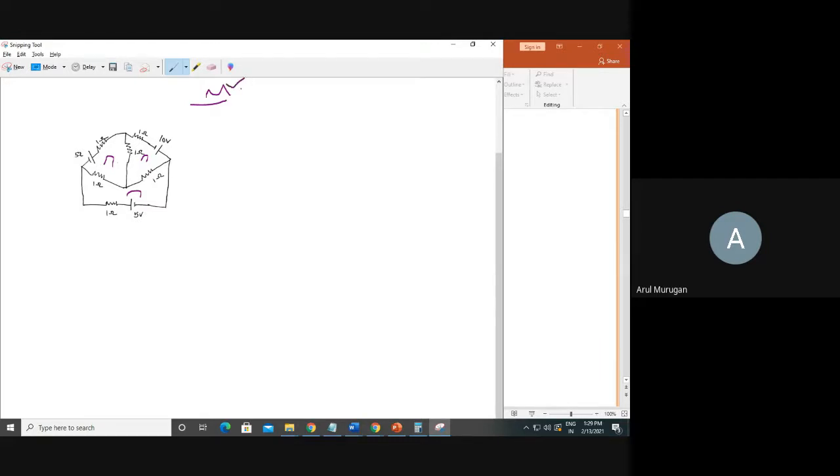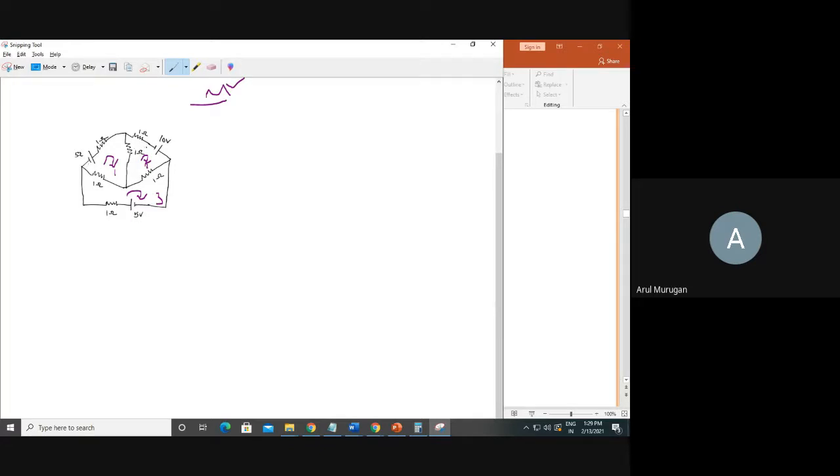First you want to confirm that. Then the next step is very simple. Assume your direction, either clockwise or anti-clockwise, and label the loops 1, 2, 3. That is also your wish. I will take loop 1 clockwise, then loop 2, then loop 3. Very important: current is going clockwise, and as it goes, which one? Minus area. It enters into the minus.